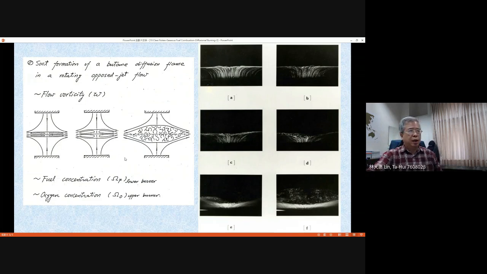In this case, for the lower burner, we mix the fuel and the nitrogen. We supply the fuel from the lower burner, and we impinge the oxygen from the upper burner. In the upper flow, the oxygen is mixed with nitrogen. Both of them, fuel and oxygen, are mixed with nitrogen to make up the balance. And this is the cold flow structure. When you do the experiment without burning, you can see from A, B, C, D, E, F, following this sequence,